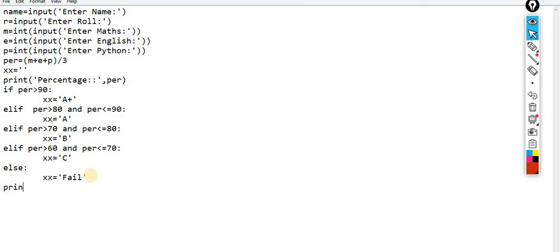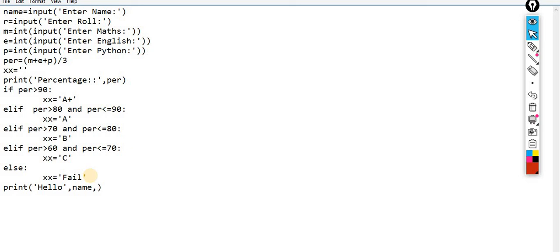Now at the end of this code, print. Now I have to print hello, comma, name. Now understand this concept again. This is again complicated. I will give you an easy way to handle this situation as well. First I will use the basic concept, then I will use some other ways.